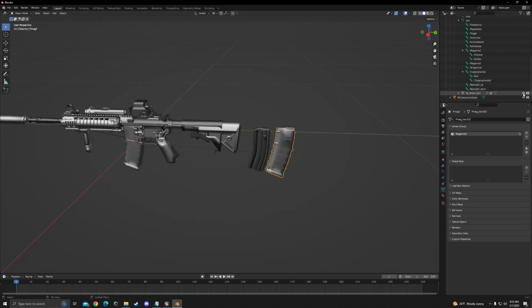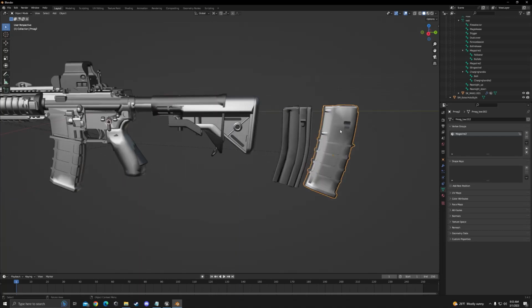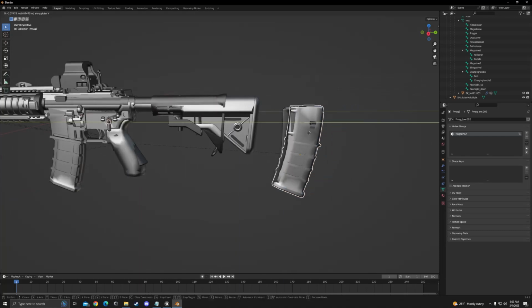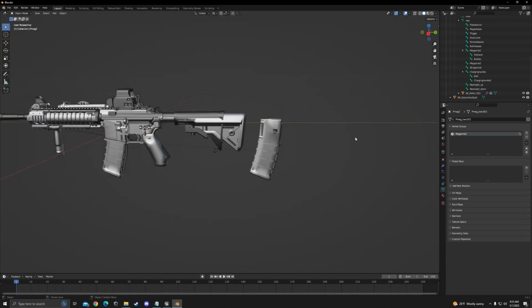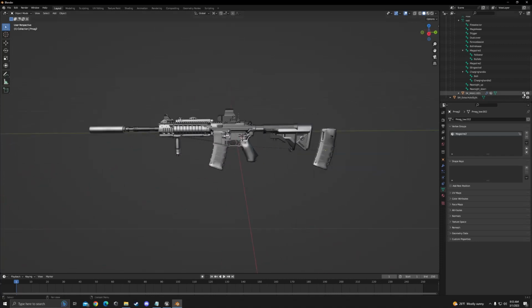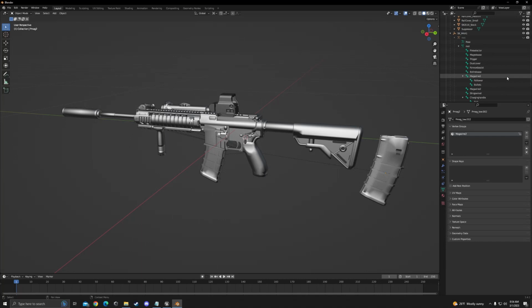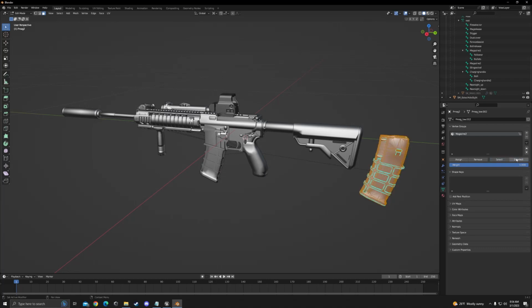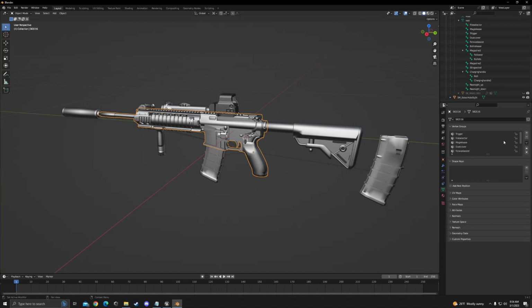Okay. So now if we bring the M4 back, we can move this magazine to about where it should be. Press G and then Y. We'll move it on the Y-axis. We'll bring it about there. It's a little bit big, but it's not a problem. Okay. So we've essentially matched the setup we have going. If we check our vertex groups, they should all be selected. Anytime you want to edit them, you have to select the object, press tab, and then this is where you could modify whatever you're doing. So we have magazine 2. If we go back to the gun, we have